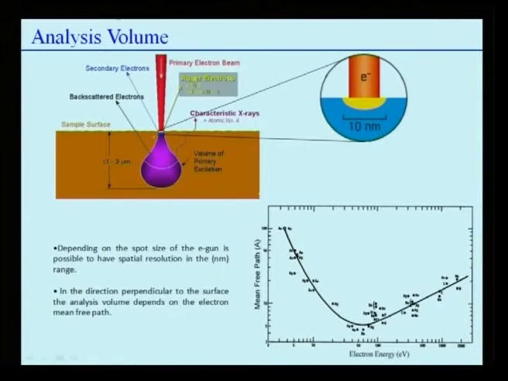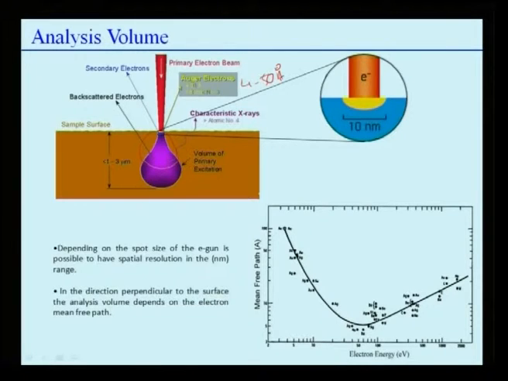The backscattered electron comes from approximately 2 micron. Secondary electrons come from approximately a couple of hundred nanometers, not angstrom. But Auger, which is very significant here, comes from only 4 to 50 angstrom depth,